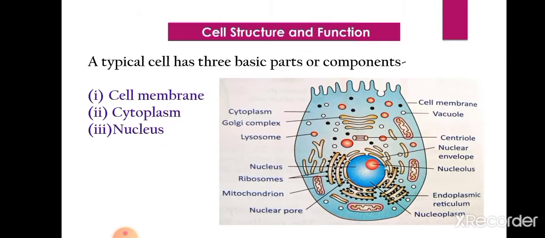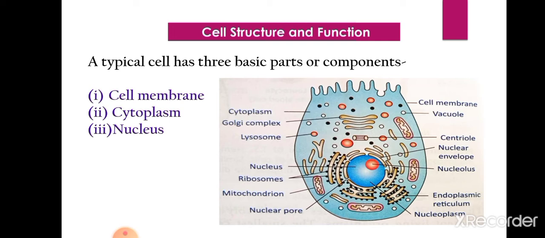So students, in the previous part we have studied about the cell. We know that the cell is the basic structural and functional unit of any organism. If an organism is unicellular or multicellular, its body is made up of cells. After that, we have studied about the organization of cells, how cells organize to make tissues, organs, and different organ